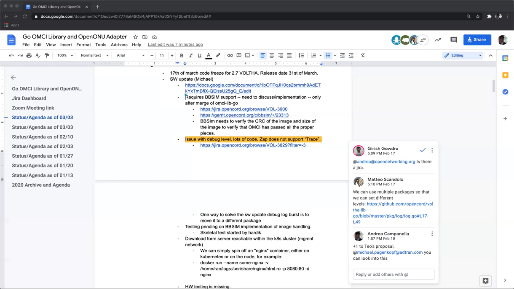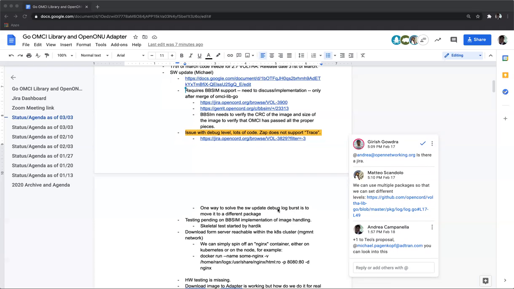So before we go to the testing, there's a similar point. You raised a good point, Michael, in how do we bring this image within the realm of Volta. So what you are doing is having it on a cluster that is reachable by the Kubernetes cluster within the Adtran deployment. Is that correct? Yes, that's correct.